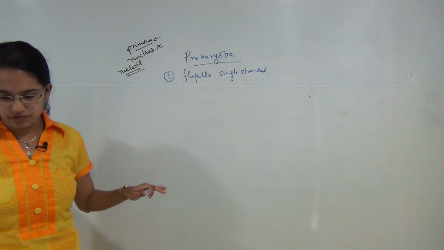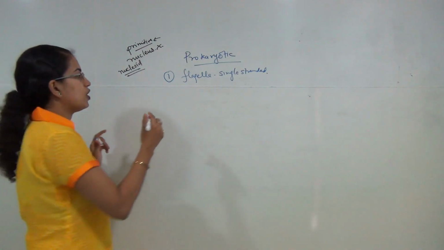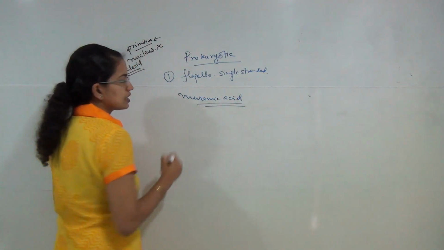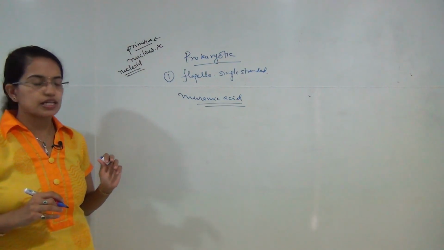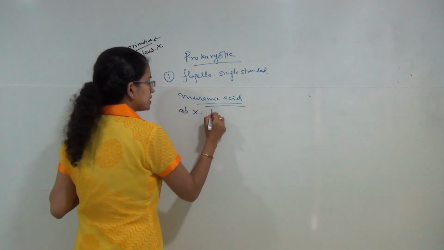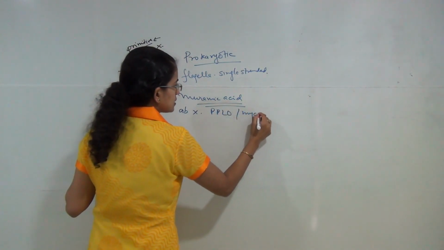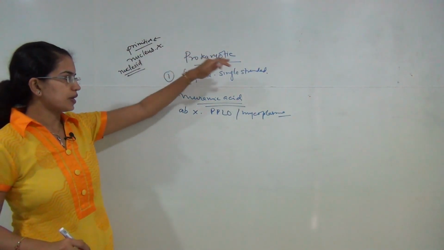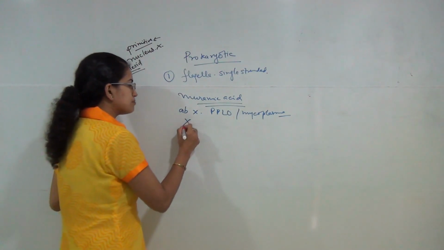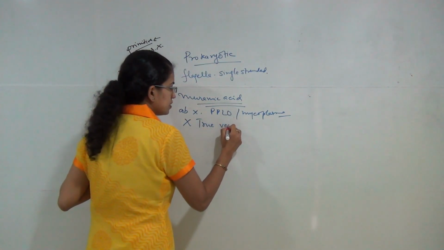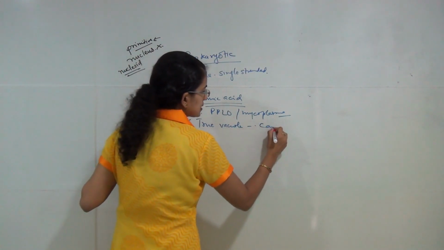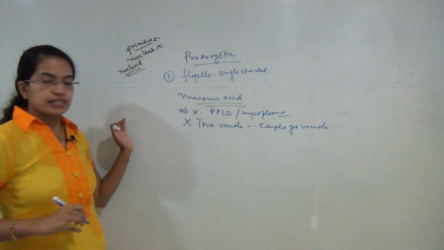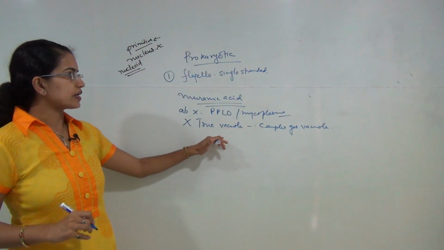You do not have a true cell wall, but the cell wall is present as a muramic acid cell wall, and that is present in bacteria and cyanobacteria. However, the cell wall is absent in case of PPLO or mycoplasmas. So there is no cell wall in case of mycoplasma and PPLO in prokaryotic cells. Again, there is an absence of true vacuole. So what is present here is a complex gas vacuole. So that is again an important characteristic of prokaryotic cells.